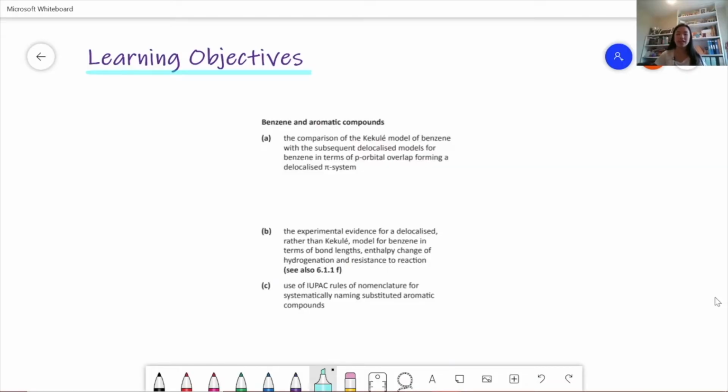Here are today's learning objectives. The first is to compare the Kekulé model of benzene with the subsequent delocalized model for benzene in terms of p orbital overlap forming a delocalized pi system. Then we're going to look at the experimental evidence for a delocalized rather than Kekulé model for benzene in terms of bond lengths, enthalpy change of hydrogenation, and resistance to reaction. And then finally, we're going to use IUPAC rules of nomenclature for systematically naming